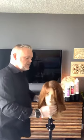All right, so this is my model Ellie, and she has a fresh haircut. I gave her a haircut yesterday. I also gave her a slight root shadow yesterday, and I did that using Dior 6N with 9 volume, and I left it on for 20 minutes. I just wanted to add a little bit of dimension on her root. I'm not going to be touching her root today, so our dimensional colors are all going to go on her mids